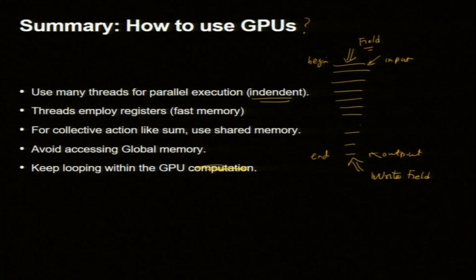Why do I need to write the field? Because I need to visualize how the velocity field or the electromagnetic field looks like. Also, I may want to continue from this initial condition and go further. It is possible, no? In weather codes, I get the weather prediction for today, but then I can use the same data to predict for tomorrow or the day after tomorrow. So, this output field can become input for the next run.